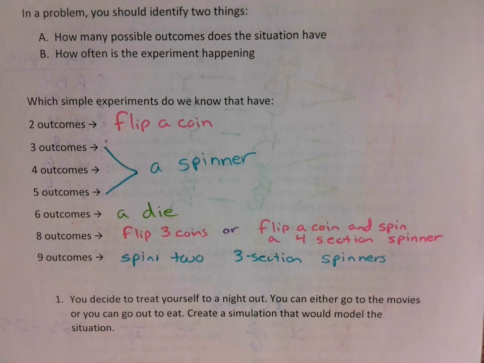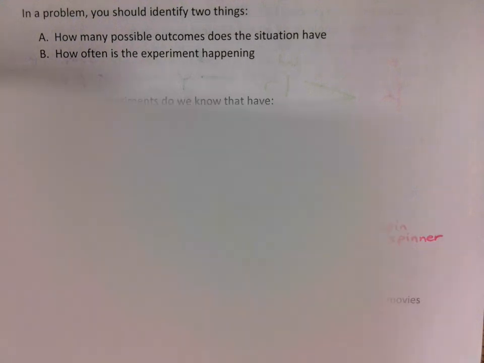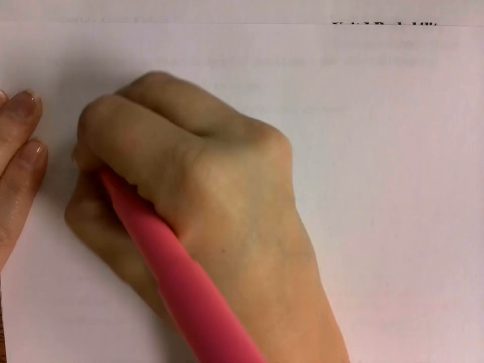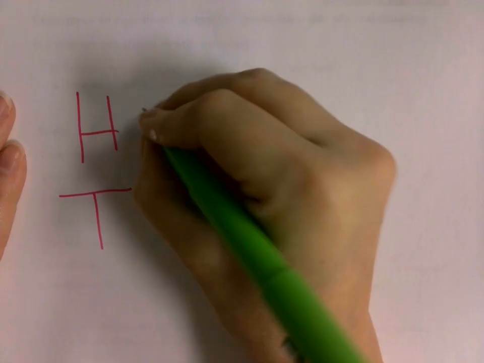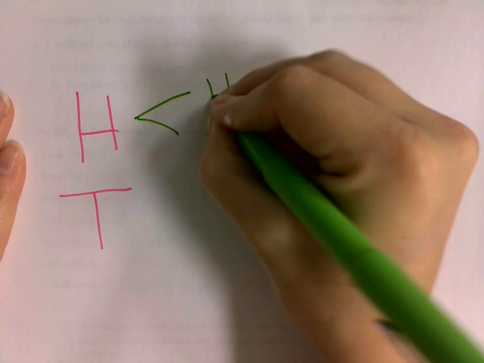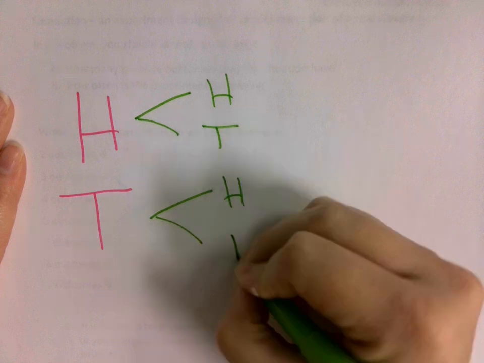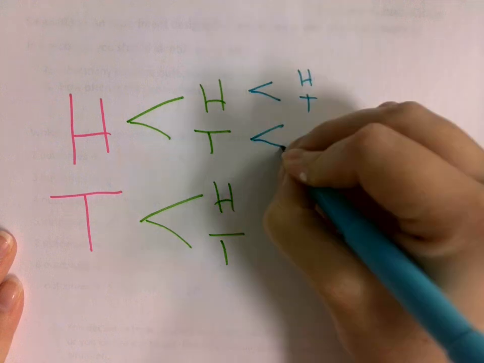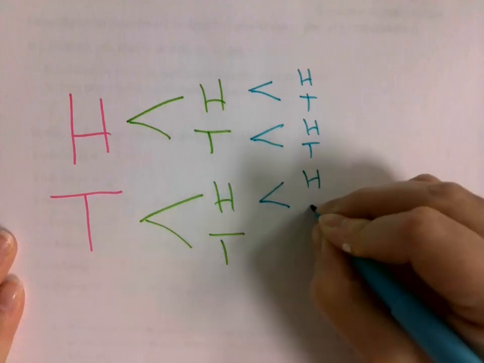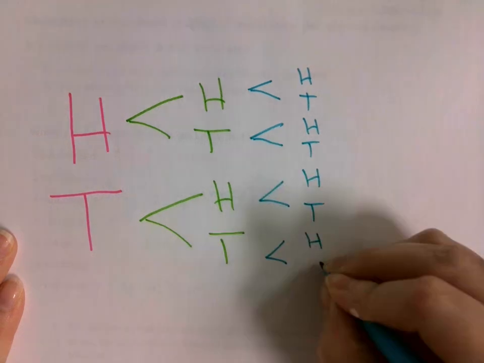Okay, so let me go ahead and model that for you on a blank sheet of paper. Ray asked, she said she was confused. How does 3 coins have 8 outcomes? So look at your tree diagrams. The first possibility of a coin would be heads and tails. Now when I go to my second coin, it could land on heads or tails. And then my third coin could land on heads or tails. Okay, so what we are seeing created here is the very first one is all 3 are